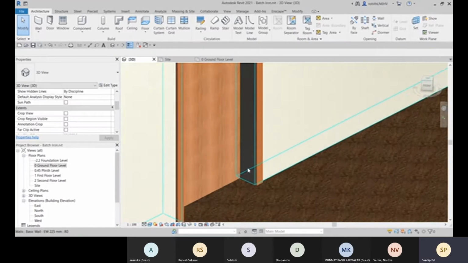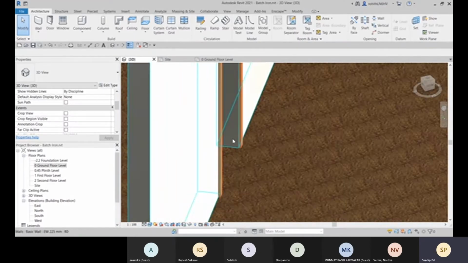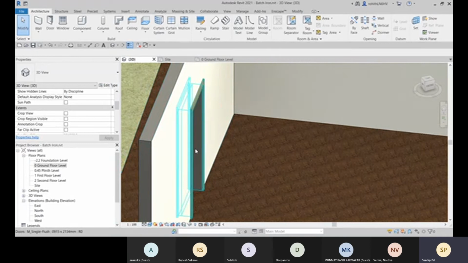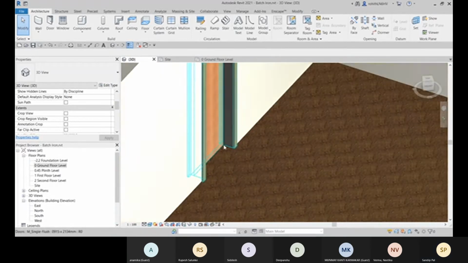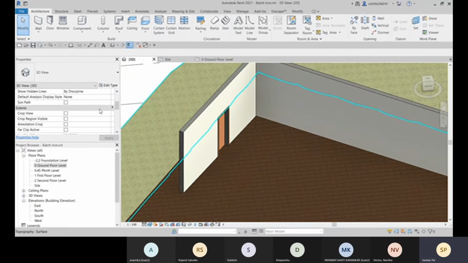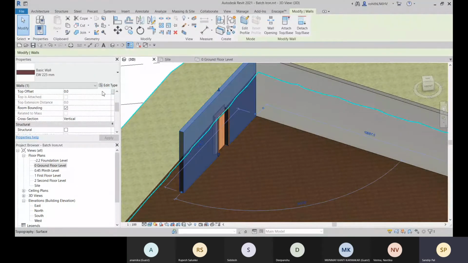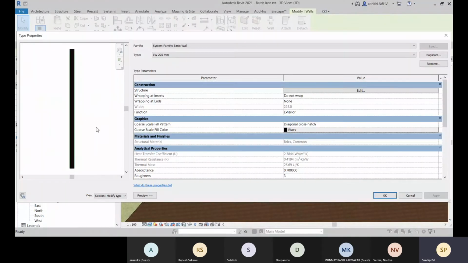As placed. Now here you see that I'm not getting this plaster here, right? So now you choose this wall, go to its edit type and wrapping at insert and wrapping at ends. Here it is set as do not wrap, and you can choose which one will be wrapped, the exterior or the interior.